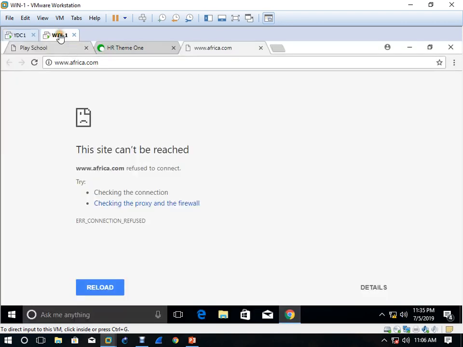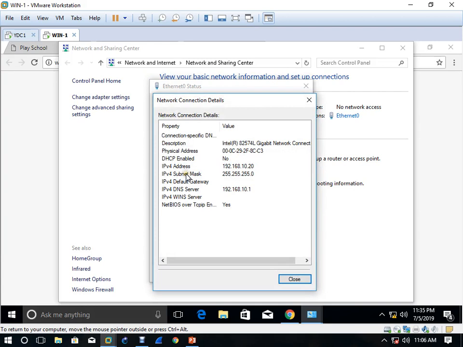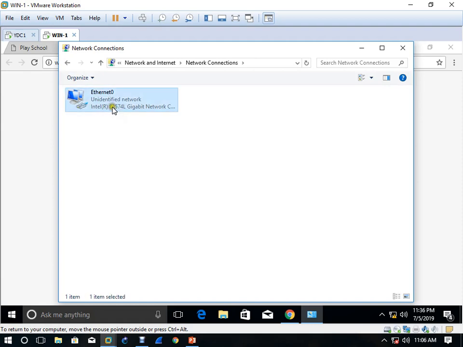Or do this IP address is 10.20? Let's see. I think that's why it was a problem. Yes. You know what was the problem? Yes, this computer IP is also 10.20. So I'm going to change it. That's why it was conflicting.